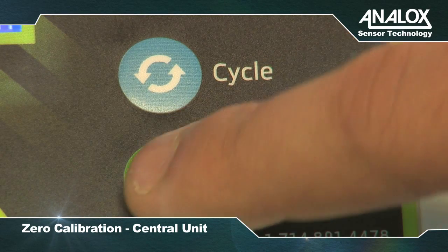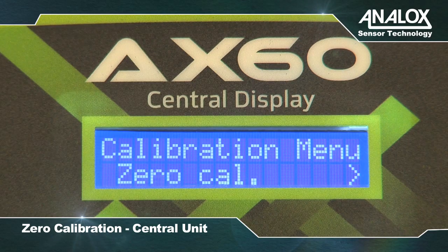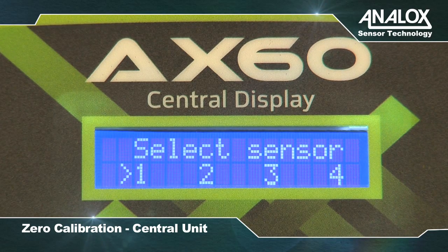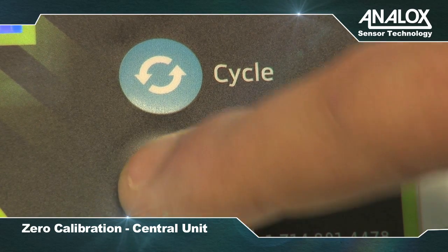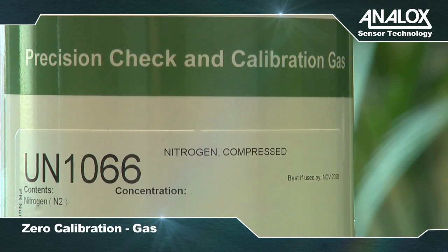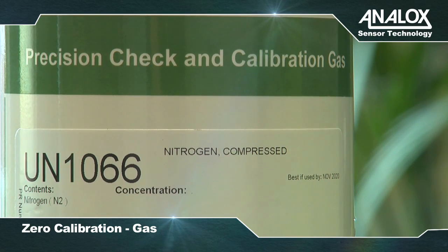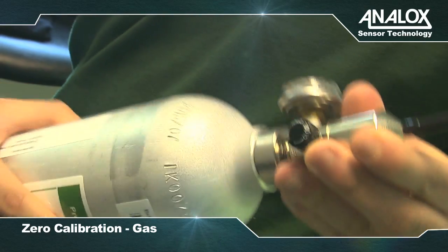Press Accept Test to display Span Cal, then press Cycle to display Zero Cal. Press Accept Test to display the sensor you wish to calibrate, and press Accept Test to select this sensor. The zero level screen displays. Analox can supply the calibration kit, part number Ax60 Cal Kit, which comprises zero gas, span gas, regulator, neoprene tubing